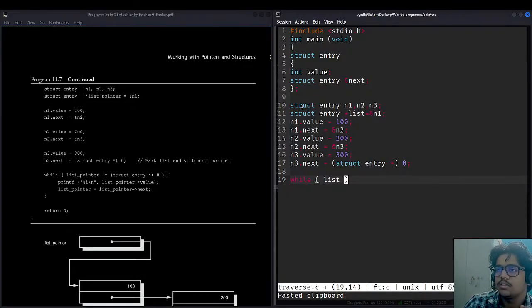Like this, I have taken struct entry here. So we are dealing with list pointer should not be equal to the null pointer. Struct entry null pointer, 0.